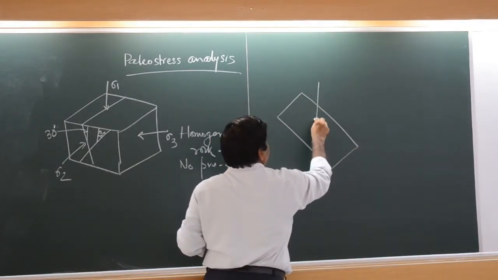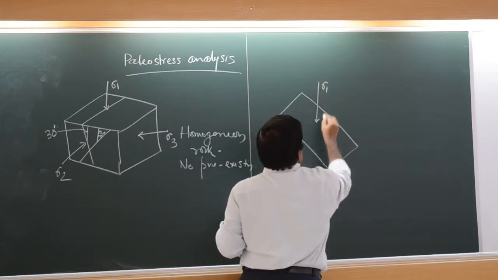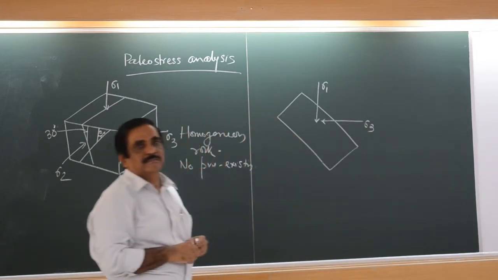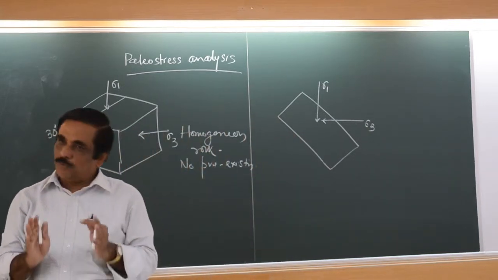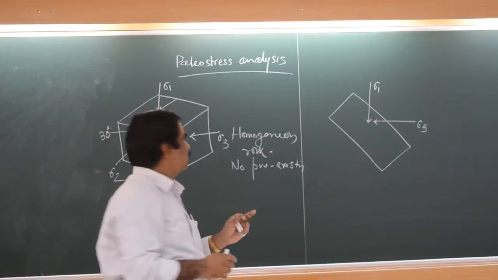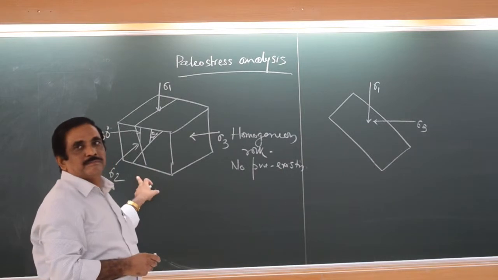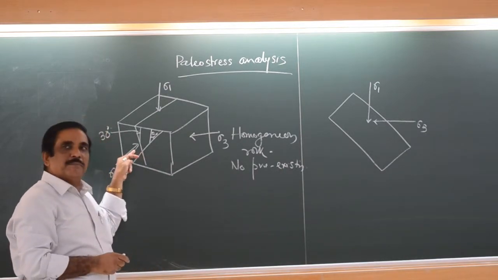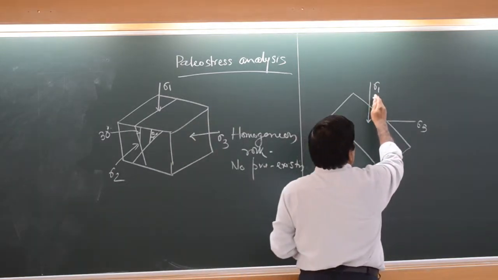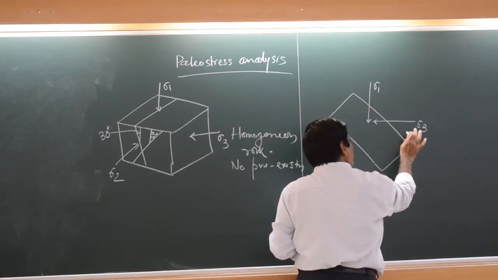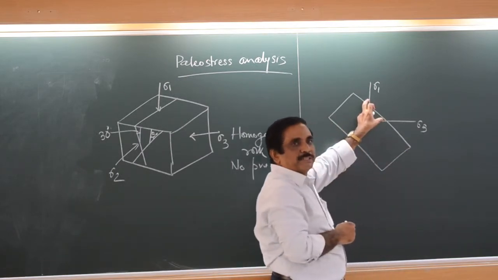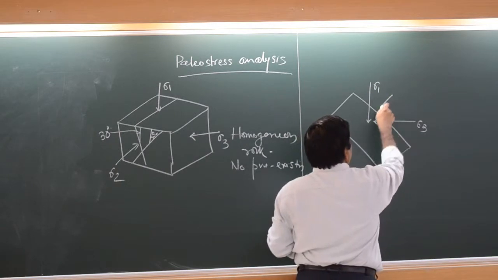If there is a stress sigma 1 like this, and this is sigma 3 like this, sigma 2 has no role there. If it is a homogeneous rock, sigma 2 has no role when you first develop a fracture. The fracture will pass through sigma 2. Sigma 1 will have a normal stress, sigma 3 will have a normal stress, and both contribute to the combined normal stress.